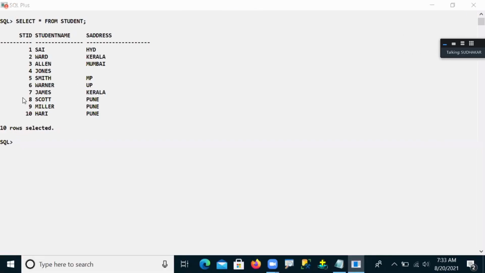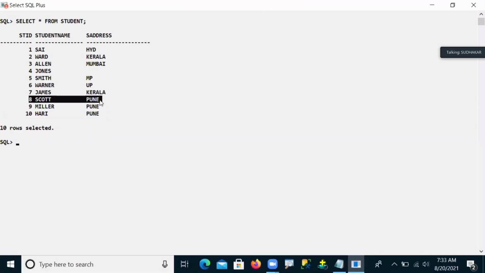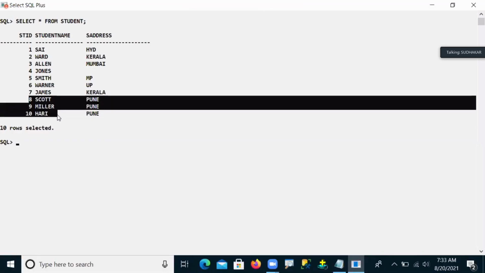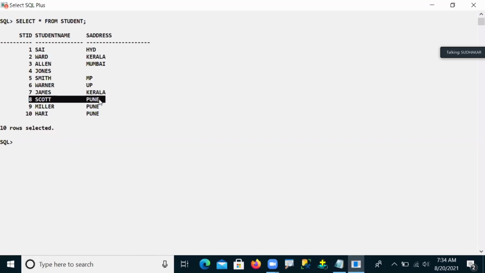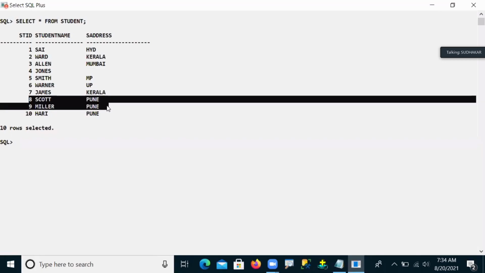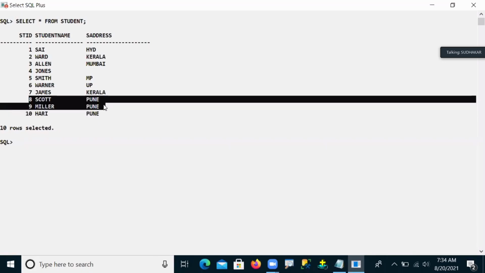Now, we already inserted a few records into our table. In the last session we inserted the student information, but whatever address location I gave, Pune, it was repeated every time. I inserted three different students' information, but the first address I gave kept repeating again and again. This is what was happening with the double ampersand.